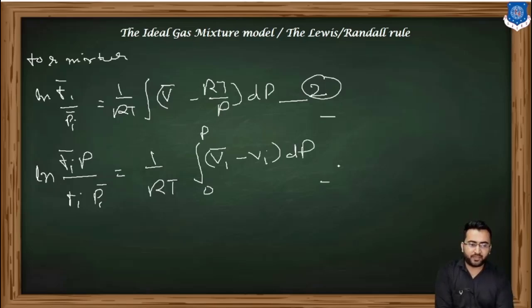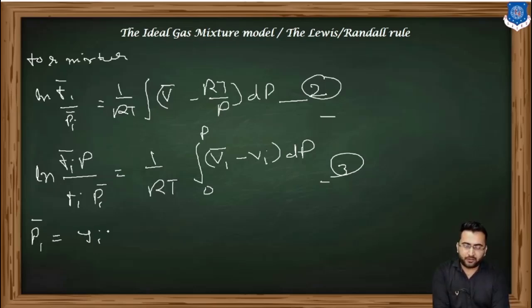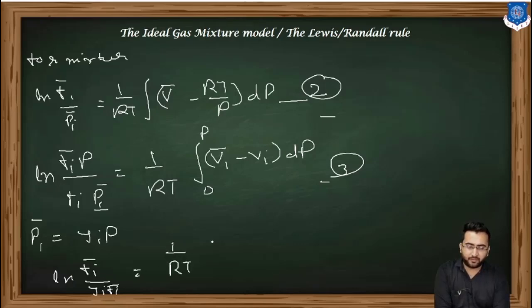So this becomes our equation number 3. Since pi bar is given by yi into p, we can easily simplify the equation in this form: ln fi bar upon yi fi bar. We are just taking fi bar equal to yi p, so p and p cancel. So this equation becomes ln fi bar upon yi fi is equal to 1 upon RT integration